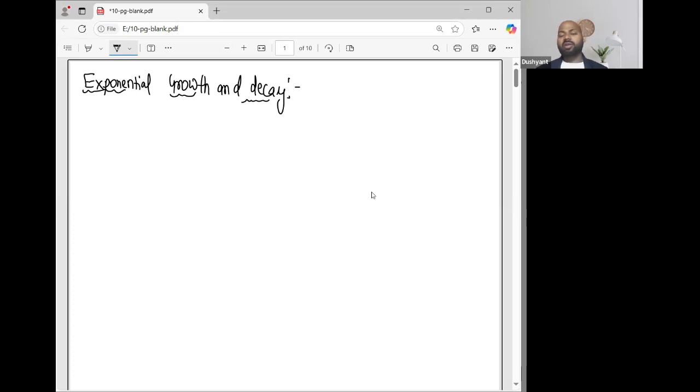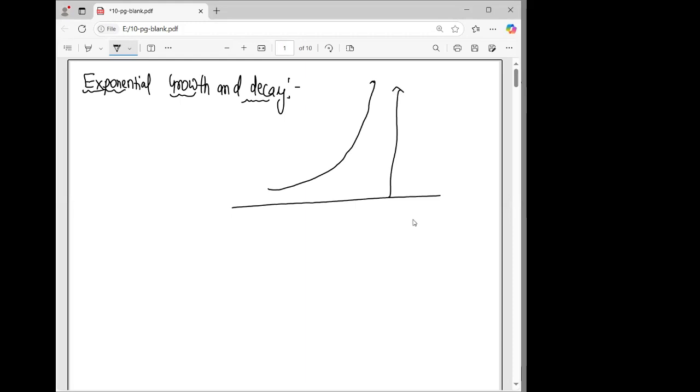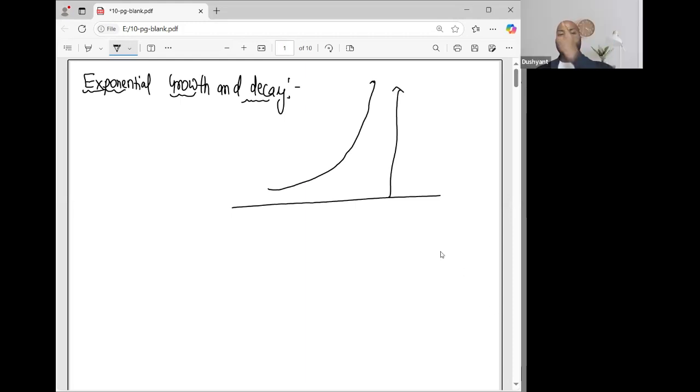Exponential growth is actually compounding kind of things. You have heard about the price rising very slowly, and then suddenly after some years the price is going like this. The graph, if we draw the graph, this kind of representation is the exponential growth. Similarly, decay is there, meaning things going like first it was moving like this, and then suddenly